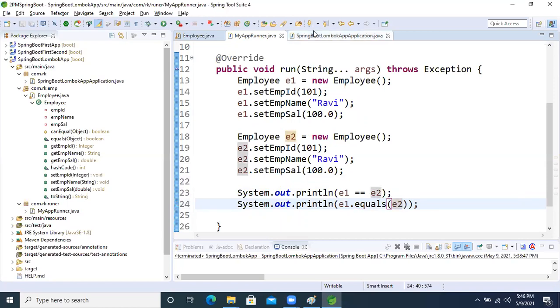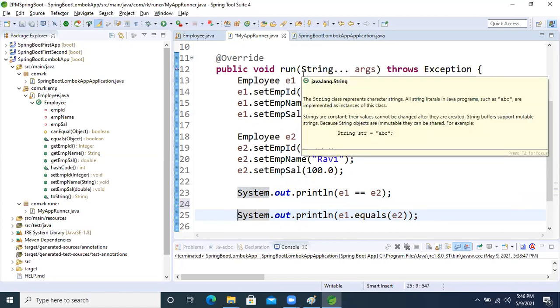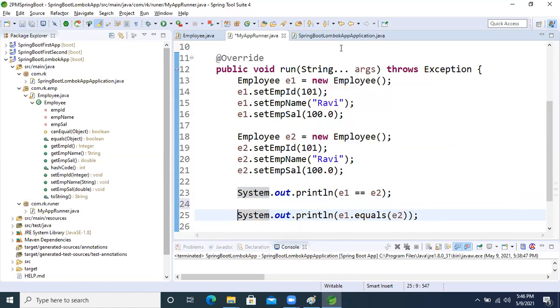So just tell me, guys, what result we will get: true true, true false, or false false? Use the chat box. This is a core Java concept. I want everyone to reply.